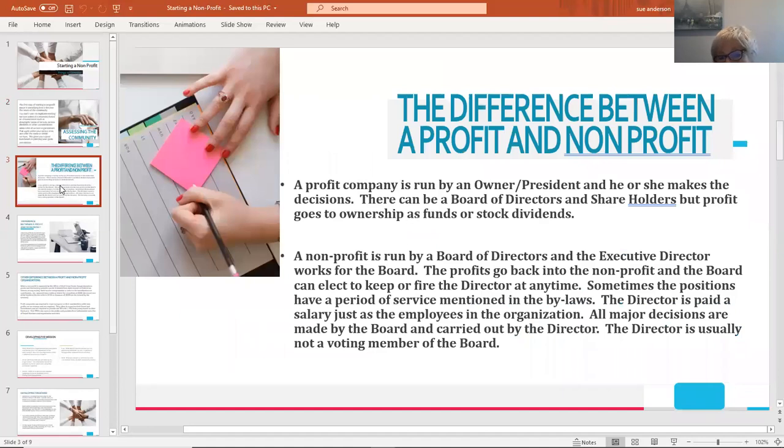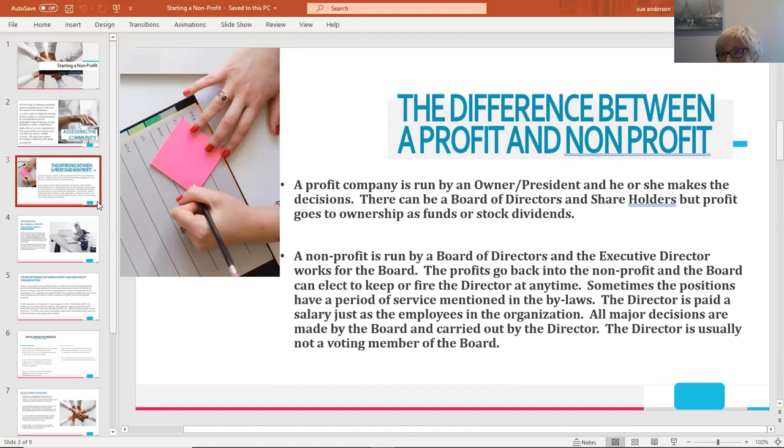I'd like to just mention a little bit about the difference between the nonprofit and the profit. We all know that a profit company or a profit organization is there to make money, and that's the purpose, whether they're selling products or services. In a nonprofit structure, a nonprofit is run by a board of directors. The board of directors then in turn hires the executive director to work for the board. The board actually makes most of the decisions relating to the organization, and the director carries out those decisions, to include activities and fundraising or whatever is necessary. So basically, the director is kind of an employee of the board.